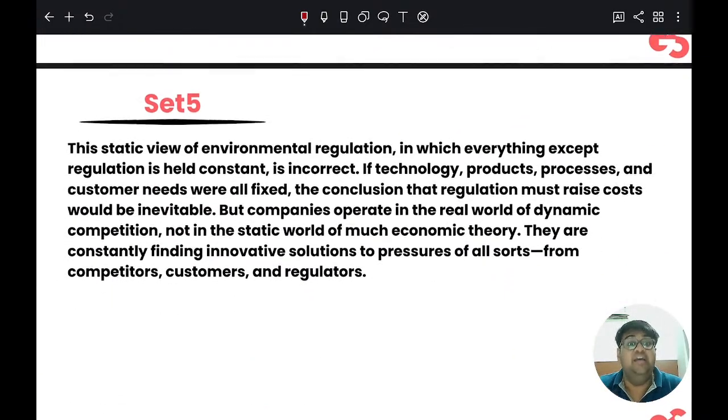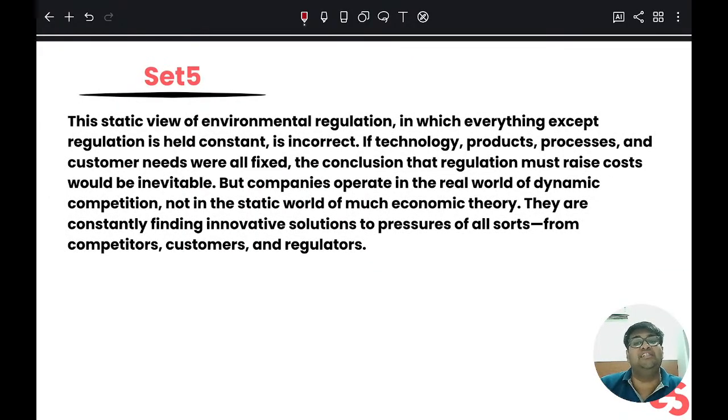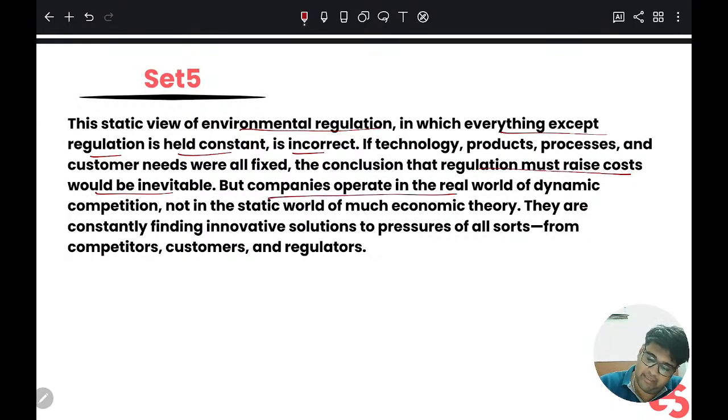The static view of environmental regulation, in which everything except regulation is held constant, is incorrect. If technology, products, processes, and customers' needs were all fixed, the conclusion that regulation must raise costs would be inevitable. But companies operate in the real world of dynamic competition, not in the static world of much economic theory. They are constantly finding innovative solutions to pressures of all sorts from competitors,